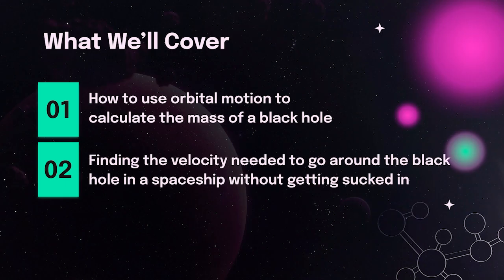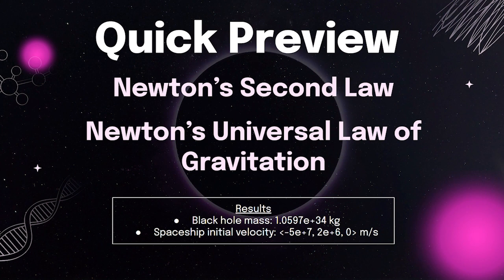In this lab, we'll cover how to use orbital motion to calculate the mass of a black hole, and we'll find the velocity needed to go around the black hole in a spaceship without getting sucked in. As a quick preview, we will use Newton's second law and Newton's universal law of gravitation. As a preview of the results, the black hole's mass was 1.0597e34 kilograms, and the spaceship's initial velocity was negative 5e7, 2e6, and 0 meters per second